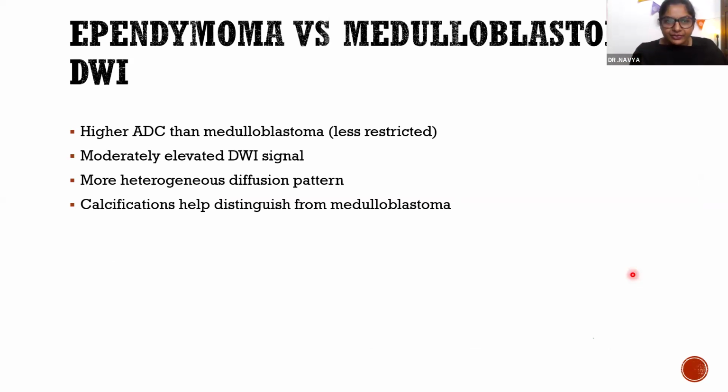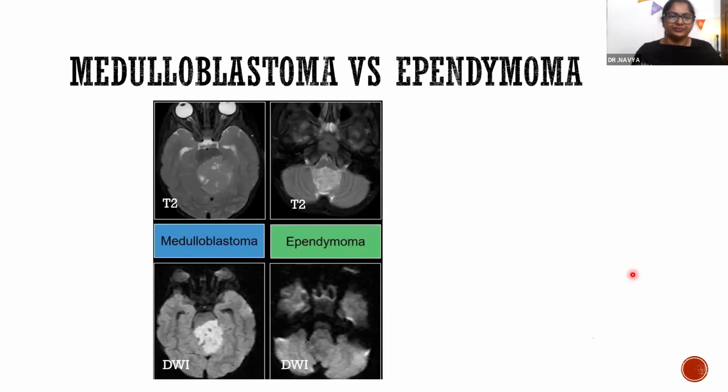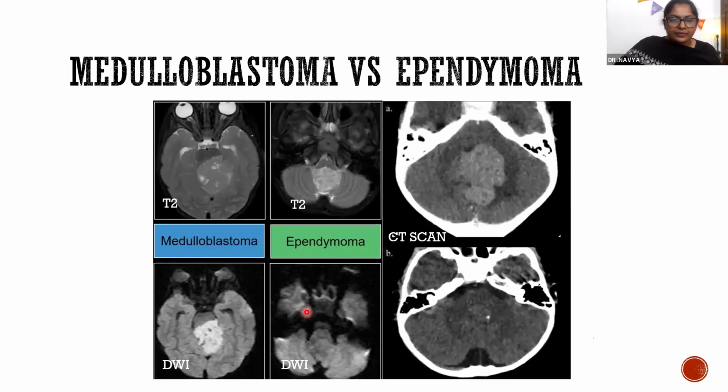So how do I differentiate between medulloblastoma and ependymoma? Yes, again, it's DWI. We have seen the values prior. So here it's a moderately elevated DWI signal. As I told you, calcification is the key to identify an ependymoma. See this versus in DWI. This is a medulloblastoma and this is an ependymoma. On DWI,